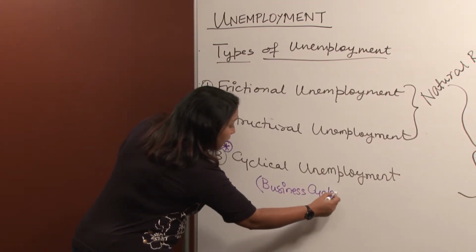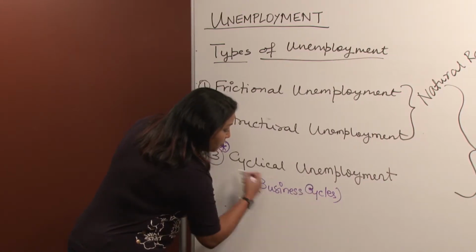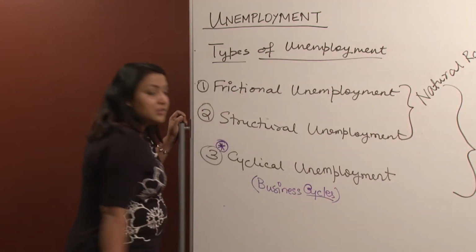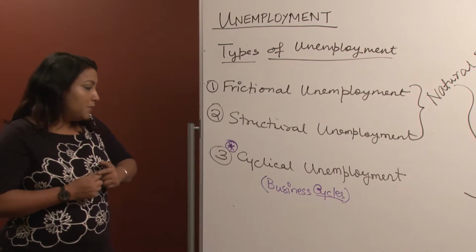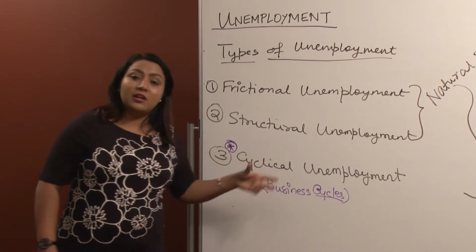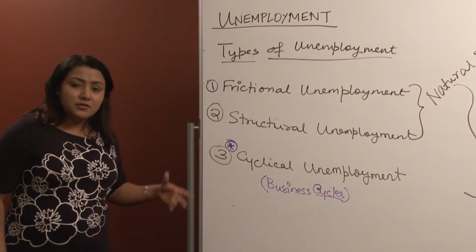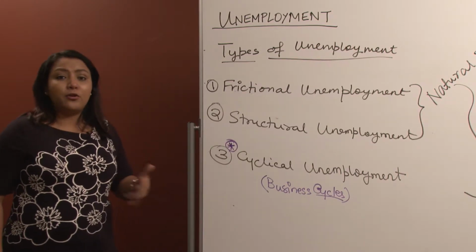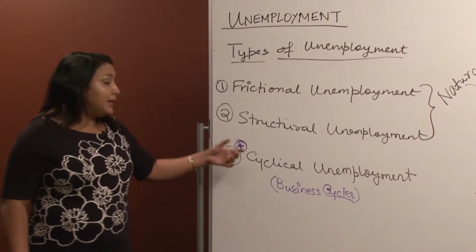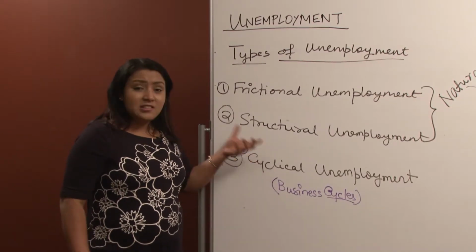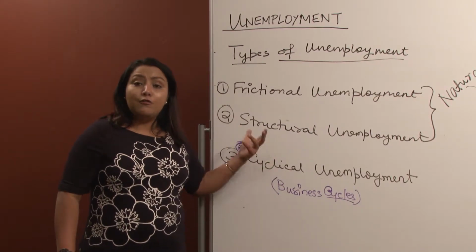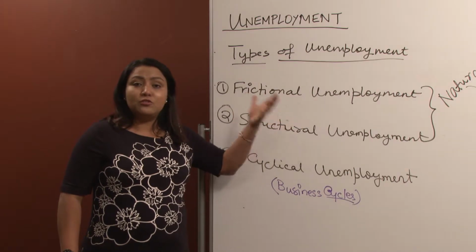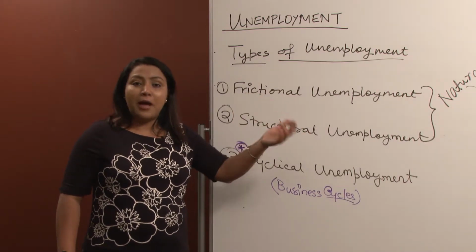So, cyclical unemployment, and hence the name cyclical, because it depends on business cycles, that is why that name. Cyclical unemployment is the kind of unemployment that happens due to recessions in a country. It really depends on the macroeconomic condition, and that is the kind of unemployment that is a serious cause of concern for the government, because it has happened due to something that went wrong in the macroeconomy.